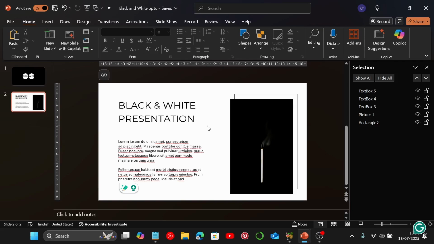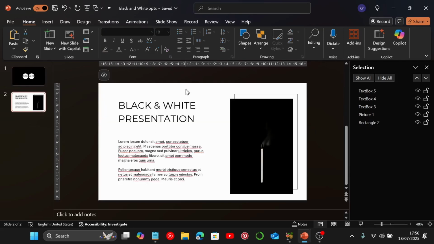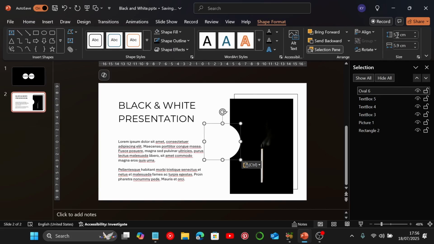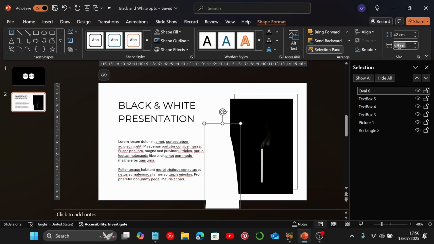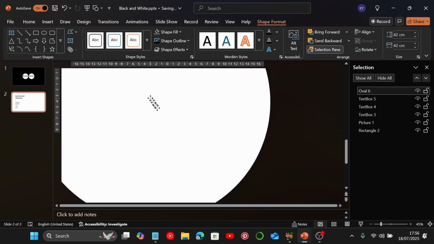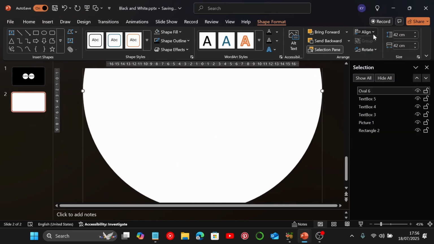So what we're going to do this time, we're going to go back to our first slide, select this circle, which is currently over 9. I'm going to copy it, come back to our second slide, and I'm going to paste it. I'm going to change the size of this circle to 42 by 42, and we're going to have this really large circle, and we're just going to bring it here, go to align, align center, go to align